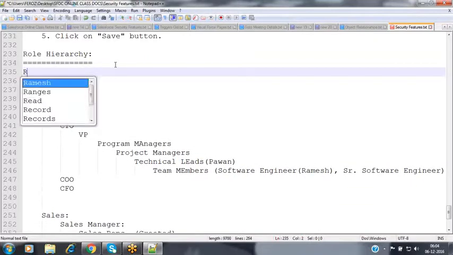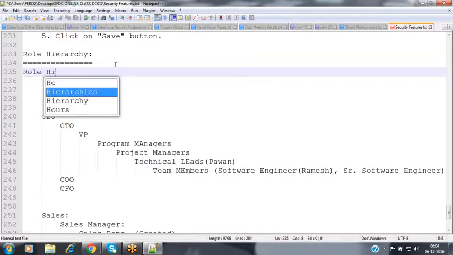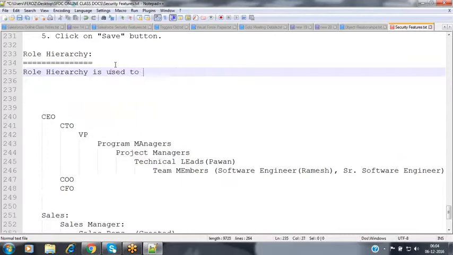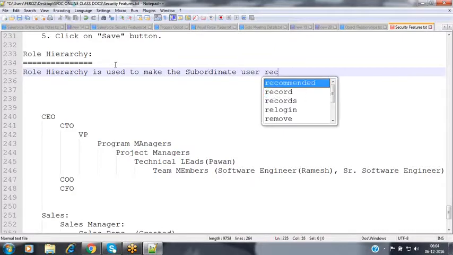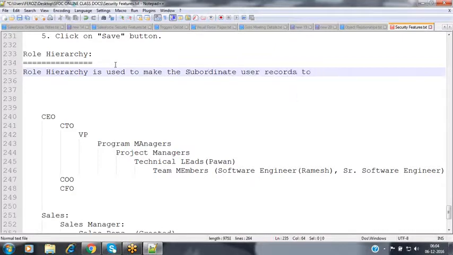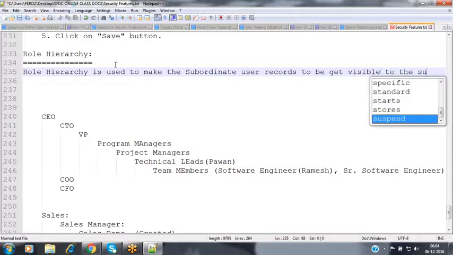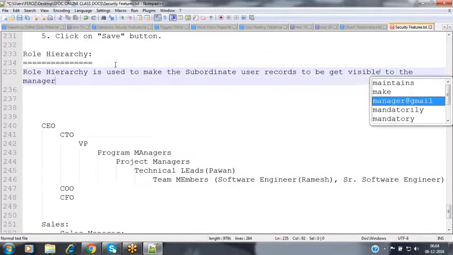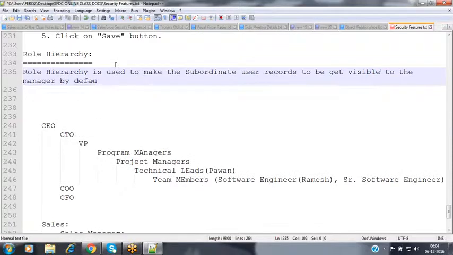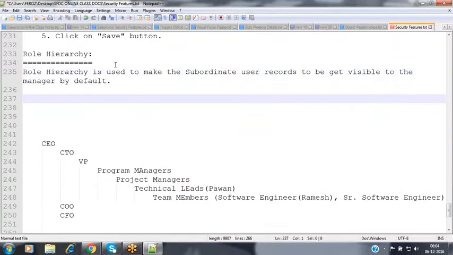The role hierarchy is used to make the subordinate users' records visible to the manager by default. In order to make the subordinate person's records visible to the manager by default, we are going to be using the role hierarchy.